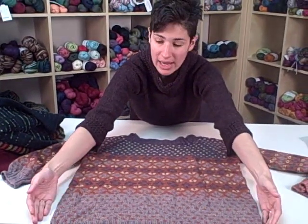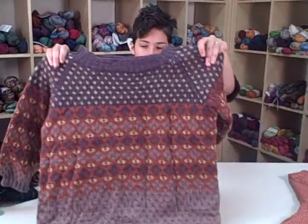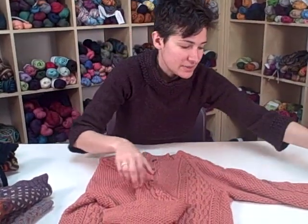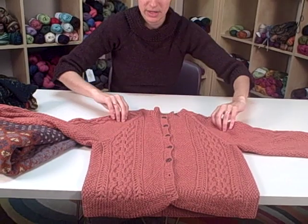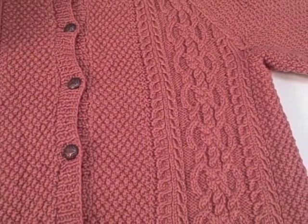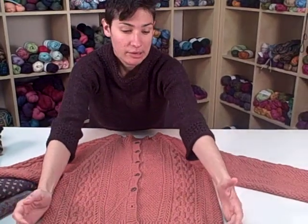You can see that this one actually has no shaping in the waist or in the arms. It's just a little cropped half sleeve sweater with these really great patterns on it. Again, knit after the same formula that we'll be using together in this course. And finally, if texture is your thing instead of color, you can also apply these techniques to a sweater knit in cables or moss stitch or any other all-over textured stitch, like ribbing. You can get some really fancy effects that look extremely advanced, but still all you're doing is knitting a sweater from the bottom up